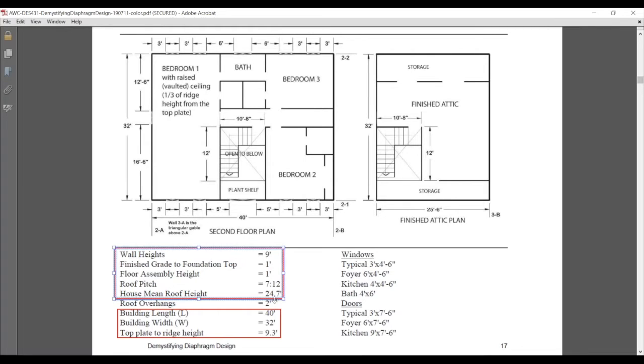Down here at the bottom in these boxes are some other dimensions that are going to be necessary for the design. The wall heights are 9 feet, so that plays into the tributary area that's resisted. The roof pitch is 7 and 12. The mean roof height is 24.7, just a little under 25 feet. And then the top plate to ridge height, the very last value down here at the bottom, is 9.3 feet,